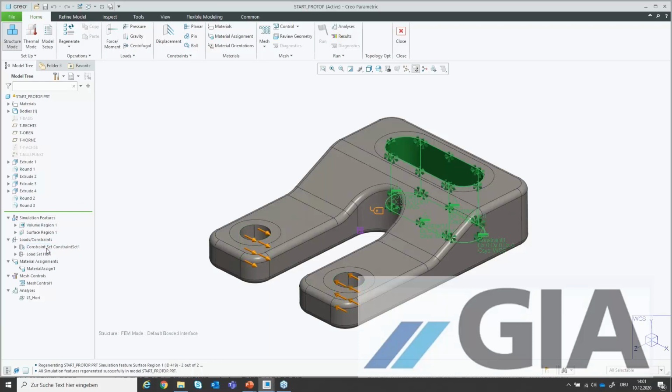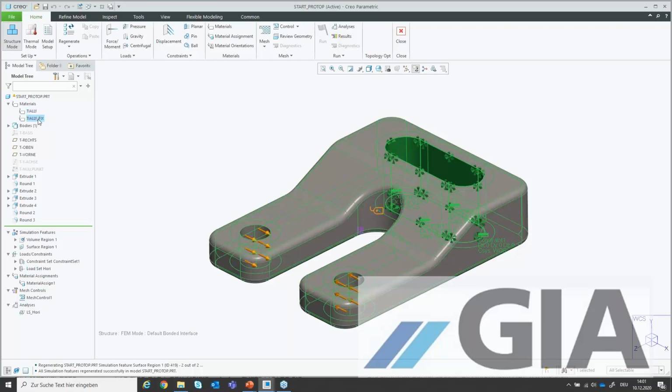I constrained my component and loaded it plus minus 1000 Newton in both directions, and here is something a little bit special. I created two materials, titanium and aluminium, with the same properties. The only difference is the name, and with that different name I just said, okay, the fixed region has